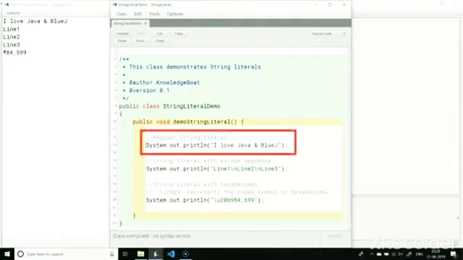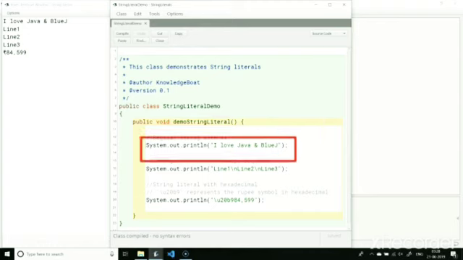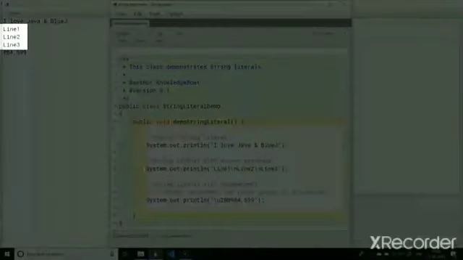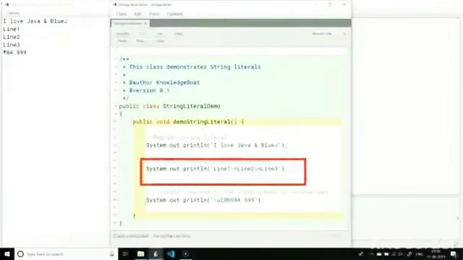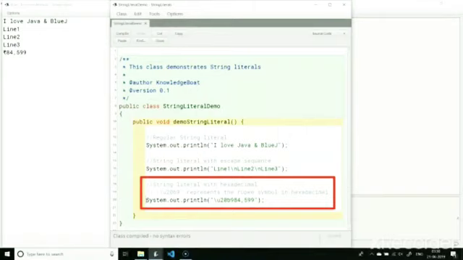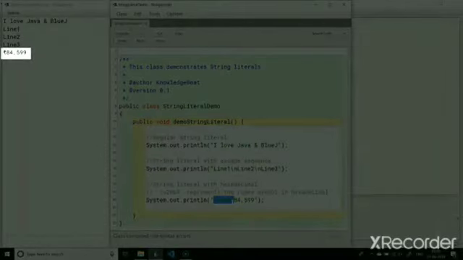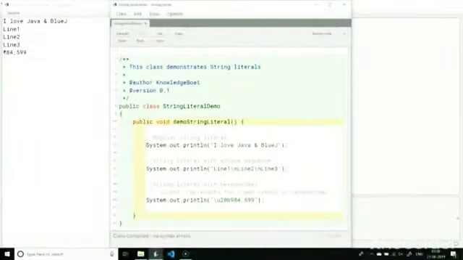This here defines a regular string. We have been using this for a while now, nothing new here. In this string literal, we have used the escape sequence for new line in between the words line 1, line 2 and line 3. So, this string literal gets printed on 3 lines like this. In the next string literal, we have used the Unicode value of rupee symbol in hexadecimal form, which is this. This line prints a rupee amount of 84,599 on the screen.